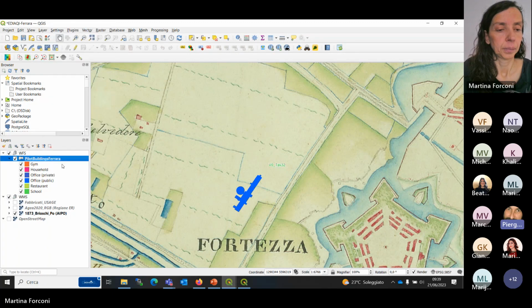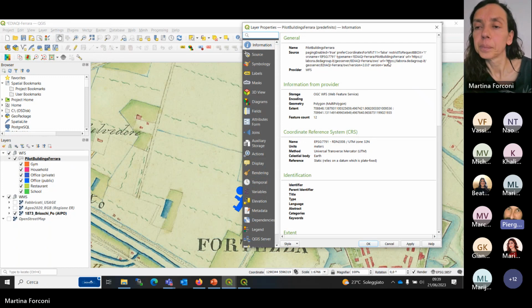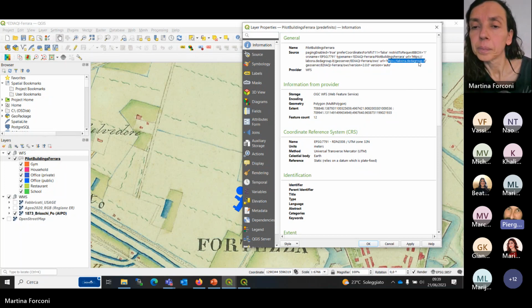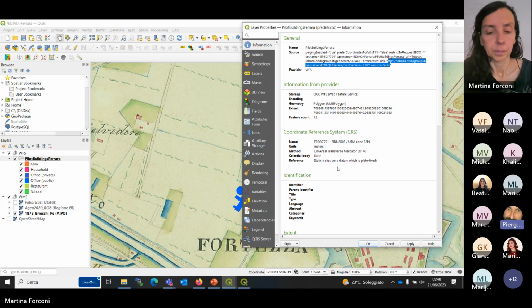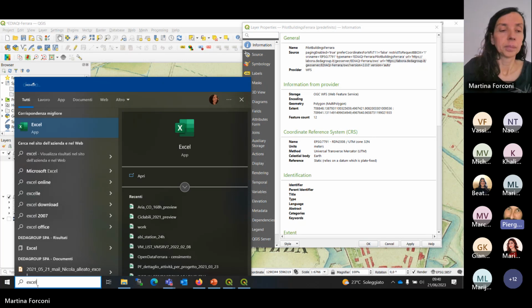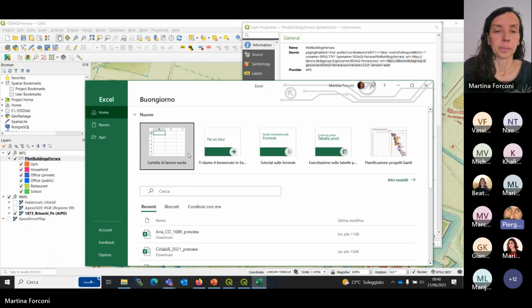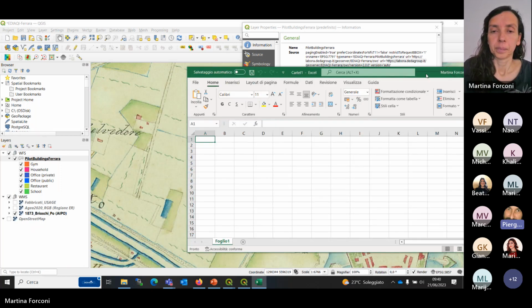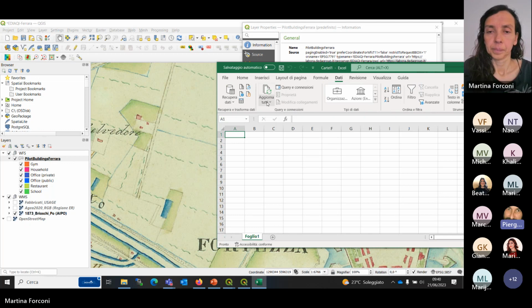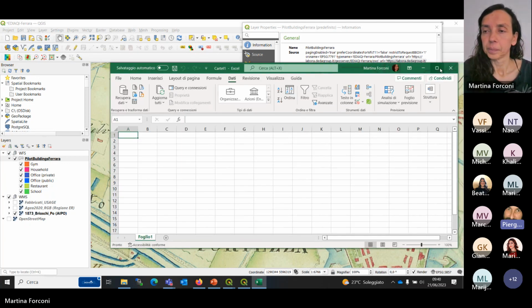That means that with this data, we may interact, we may save on our own computer, we may change the legend, we may have further operations more than the operations that are made available with the WMS interface, that allow the user only to see and move on a map, identify objects, but without having, let's say, a local copy of data.